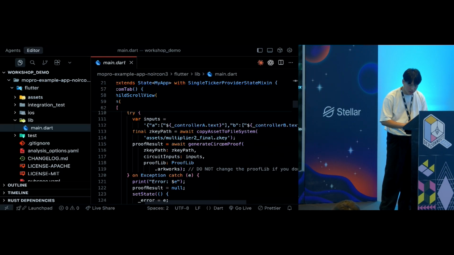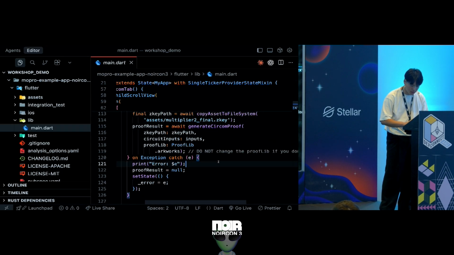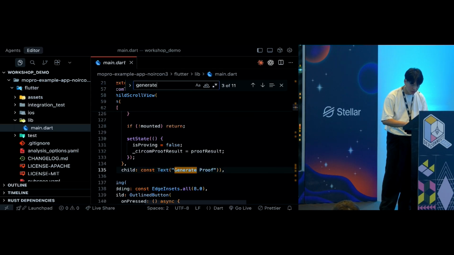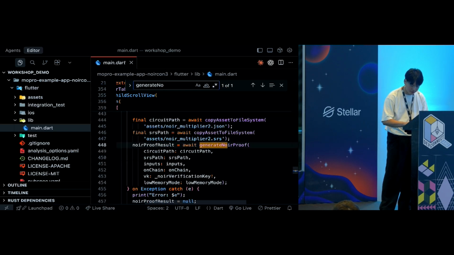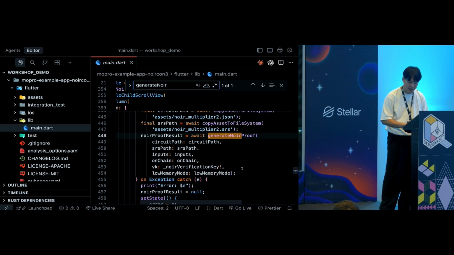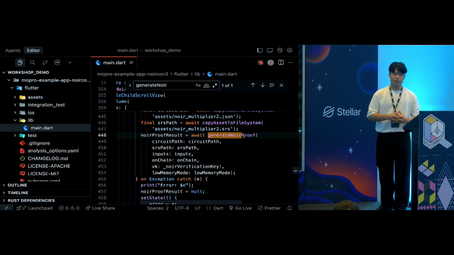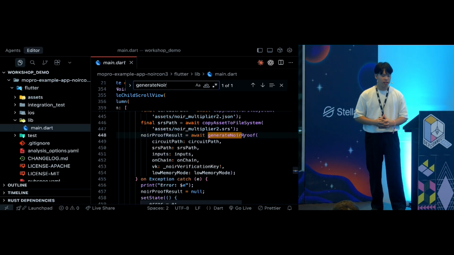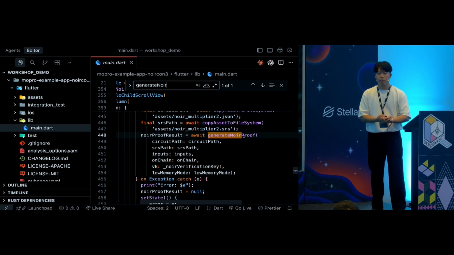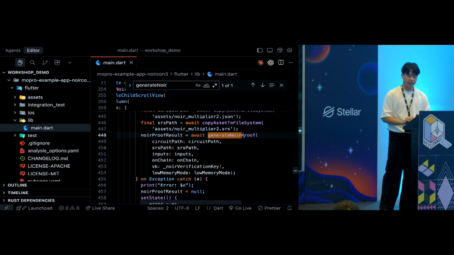For example, let me go to generate Noir proof. You can see that it is actually wrapped into the interface that Dart can understand,